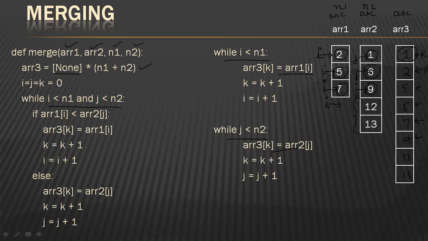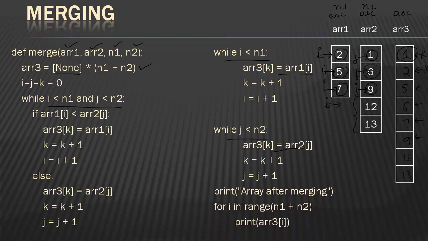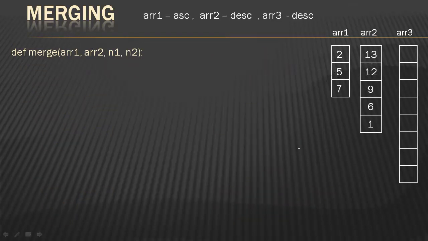So here in this merging, array 1, array 2 and array 3 were all in ascending order. It could be in any order because I just said they have to be sorted. Okay, but before that, how would I display the contents of the array? Array 3 has how many elements? N1 plus N2. So I've written that loop there which goes N1 plus N2 times and it displays the contents of array 3. Clear? Okay, let's look at another example.